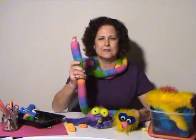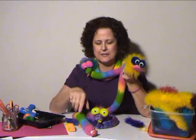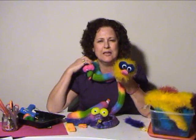Okay, so that's it. It's got his rattlesnake tail, crazy funny eyes and tongue, and the kids have a lot of fun with these, and it's easy to make, and it's made all with a glue gun, and have fun